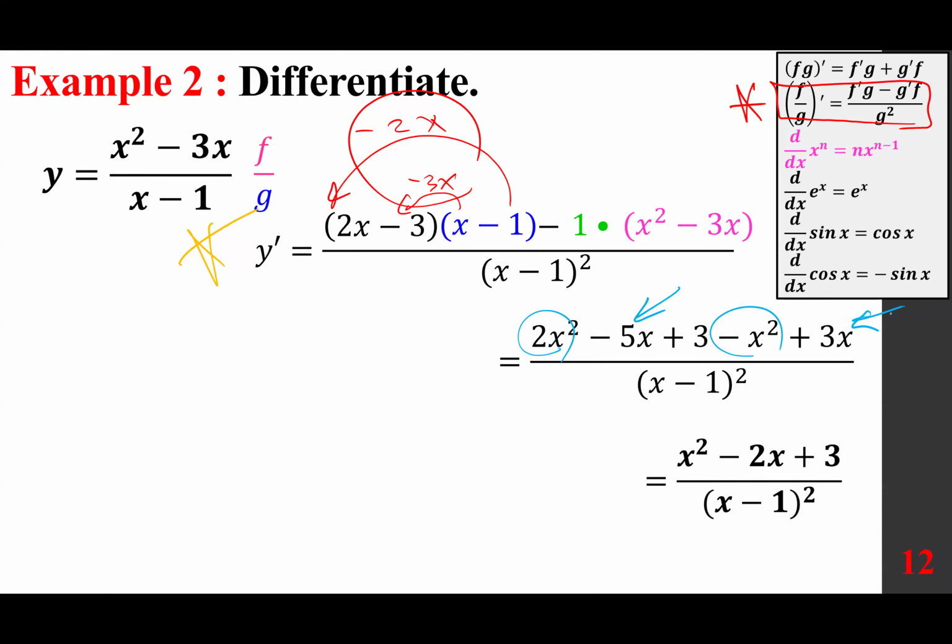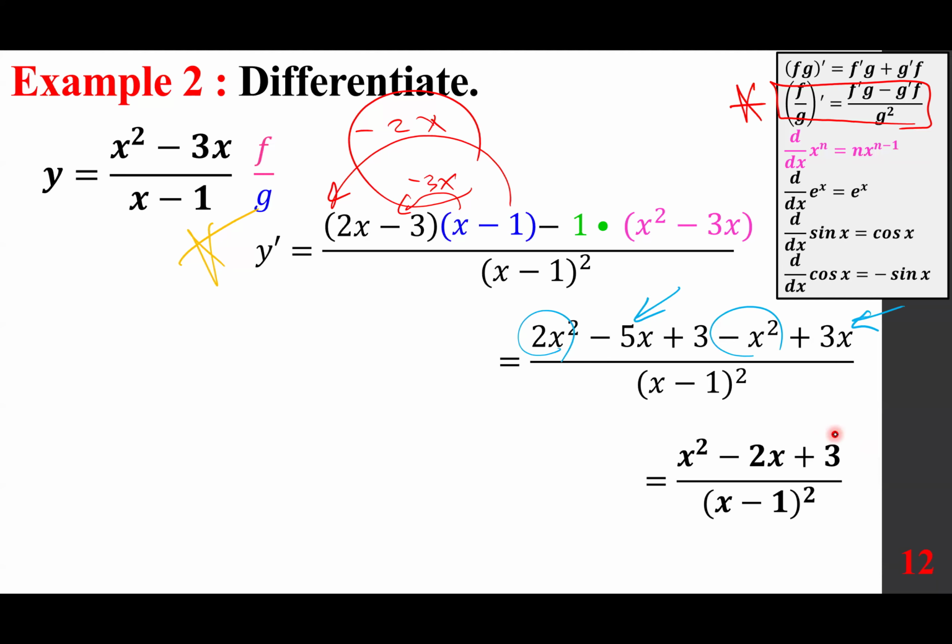Now, the question is, is this the final answer or not? Anytime you have a fractional format, even whether you start from here or here, you have to make sure it's in lowest term, because if it's in lowest term, it's easier to differentiate. And this one, is it in lowest term? Well, you ask yourself if there is a common factor between the top and the bottom, and if it is, it has to be x minus 1 at top, number one. Number two,